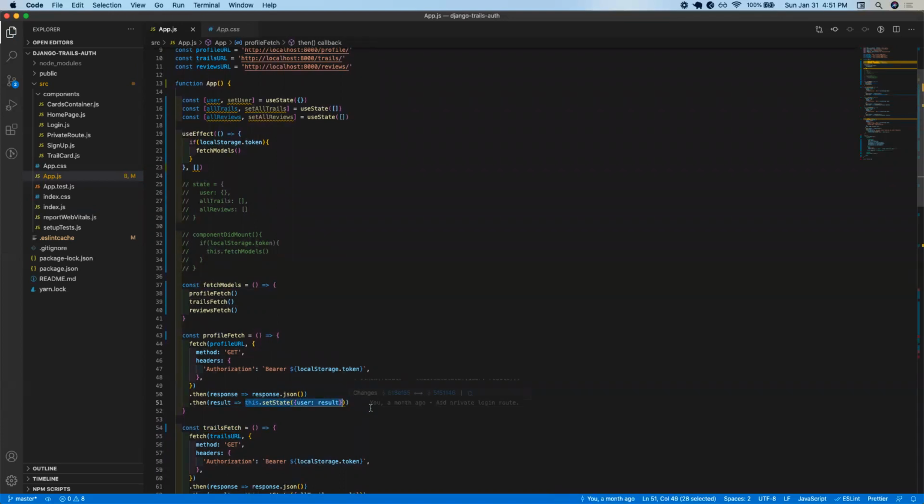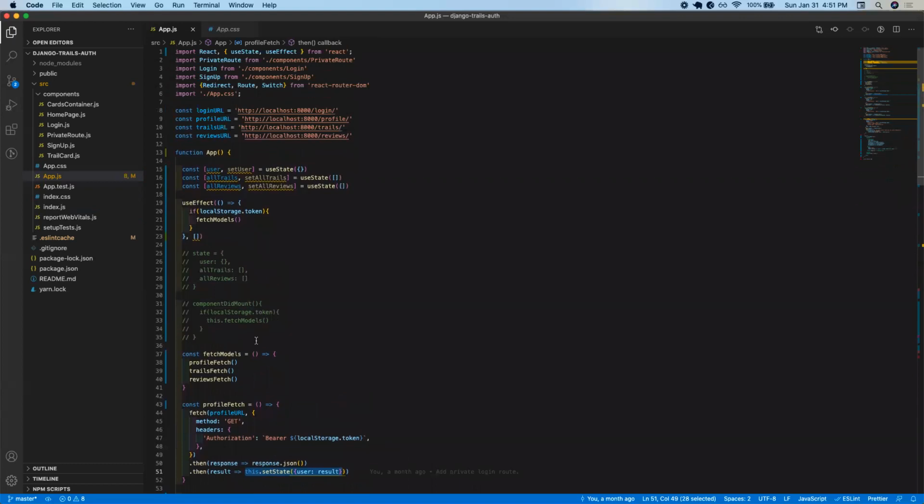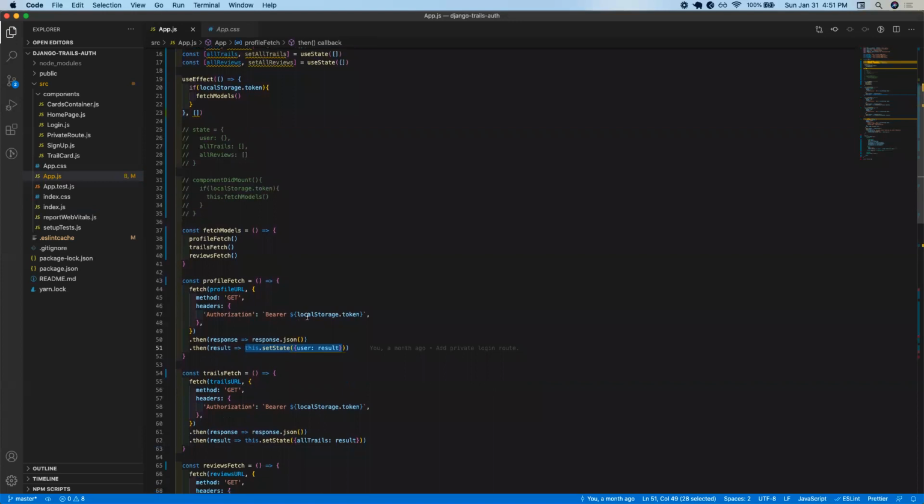So all of our fetches are going to look the exact same. We still fetch from our backend. Our backend is right here. Fetch to the profile URL, pass in the token, parse the response, and then instead of doing this.setState and set the user with result, we just do set all users,